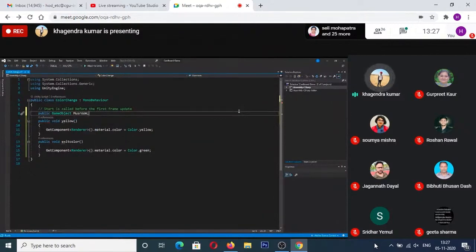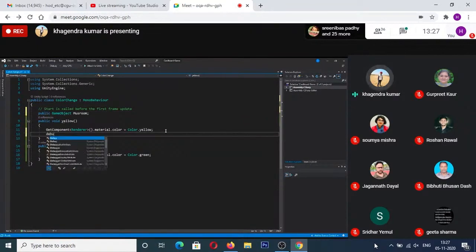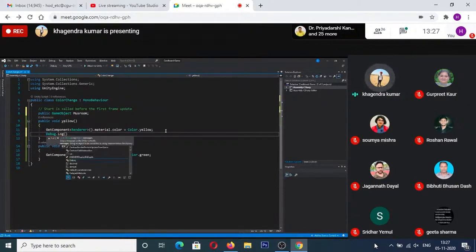Now for this mushroom, whenever I am entering or exiting this yellow color, I want to Debug.Log the position of the mushroom.